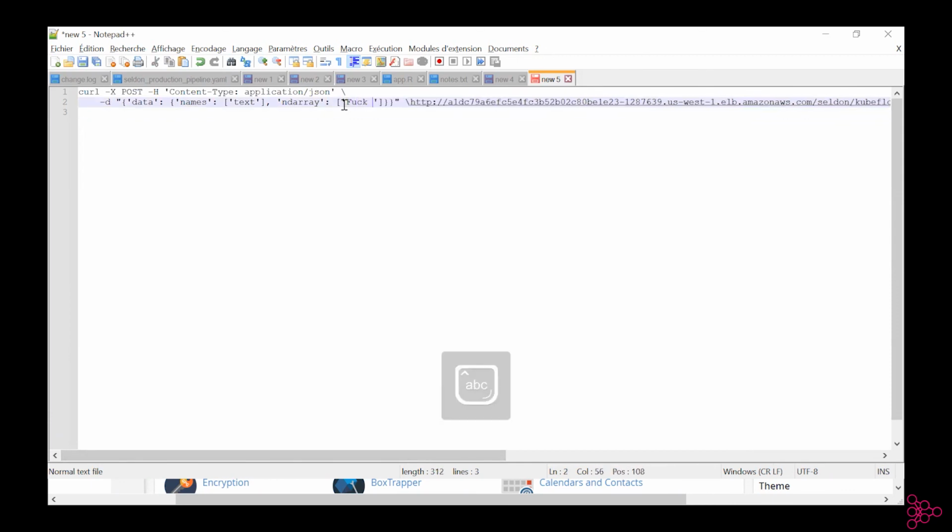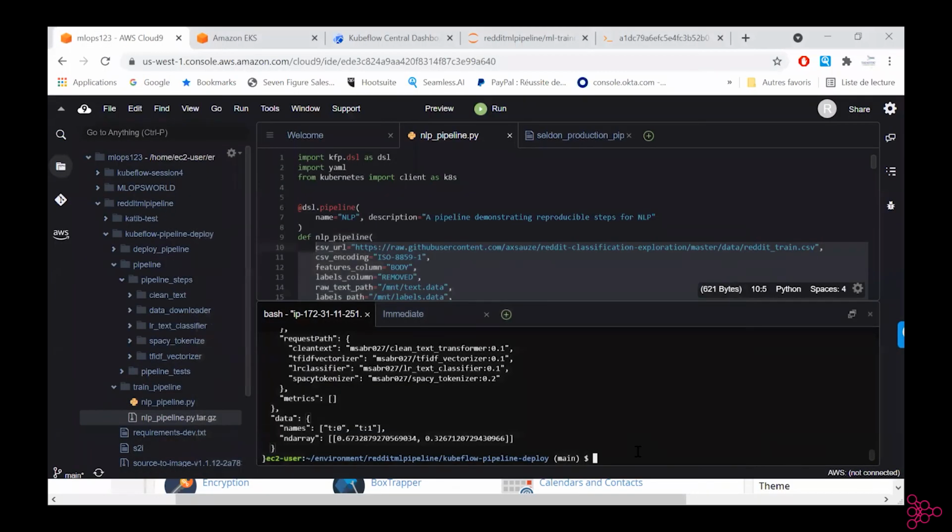I'm sorry for the words, but I'm sacrificing my dignity for science. So let's give it another try. Okay, this one still detected 67% as inappropriate and 32% probability as appropriate. So I think we're good.